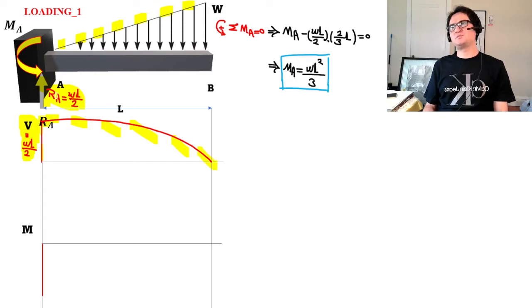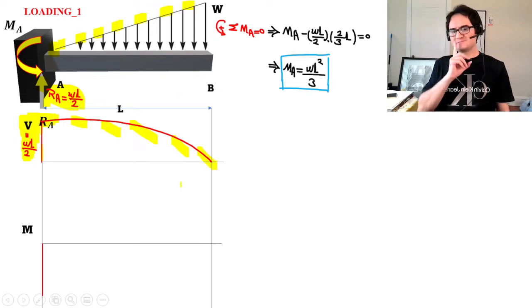It's 0 at A because the numeric value of load is 0 at A. So the slope of shear is 0, which is a horizontal line. Then the numeric value of load is increasing as you go farther to the right. Hence, the slope of shear is increasing, increasing, increasing, at the maximum at the free